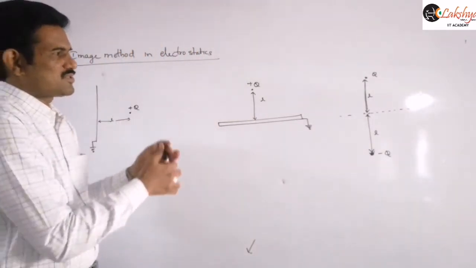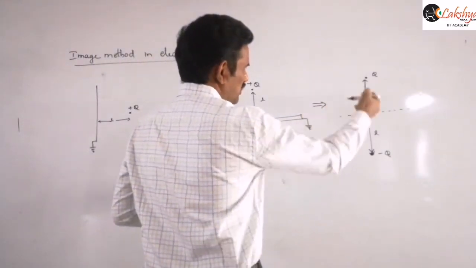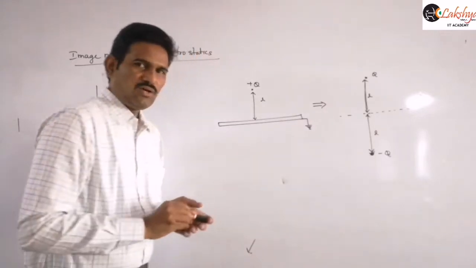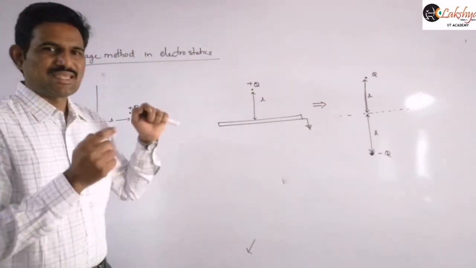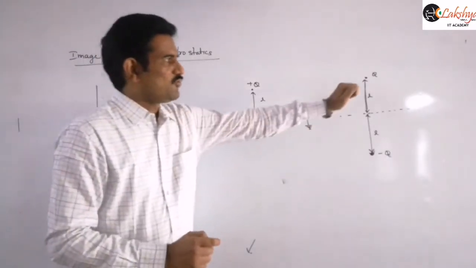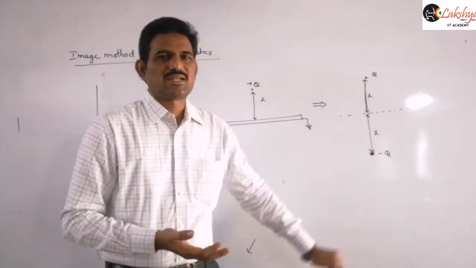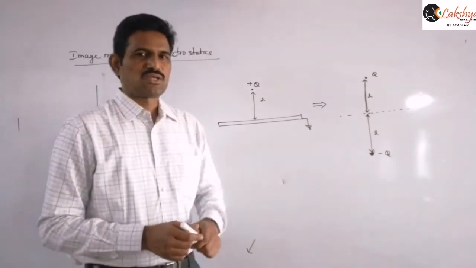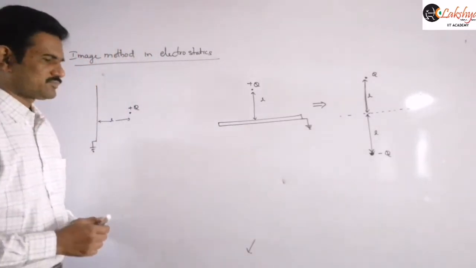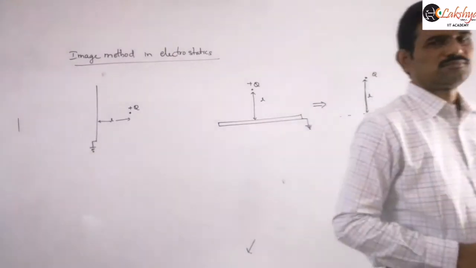And so now that means these two configurations are same. The given configuration we can convert into like this. Now the force between this conducting plane and this point charge is same as that of the force between this given point charge and its image. Or whatever the calculation we need to do, we can do that calculation there. Like suppose simply here I am taking that force here, right? And so just to mention that about that image method.